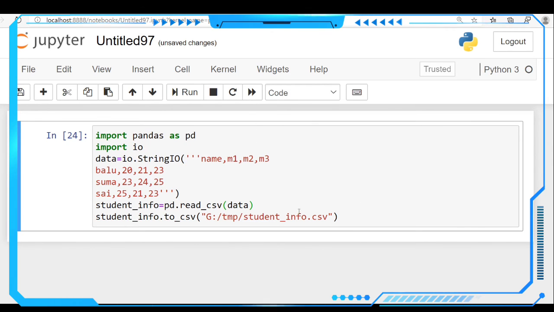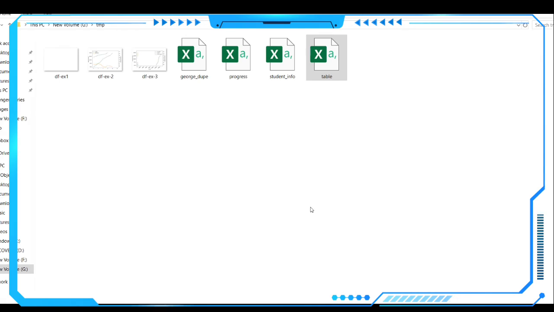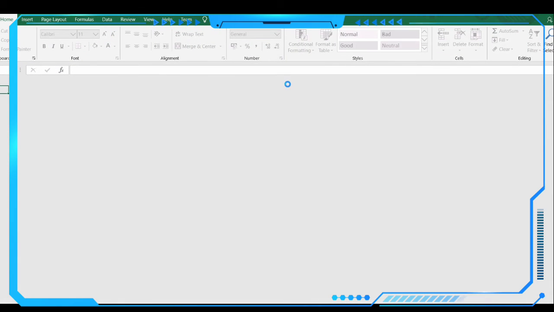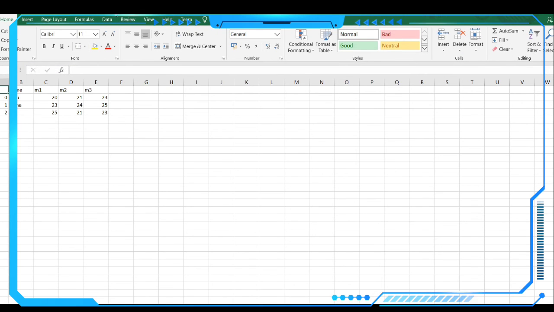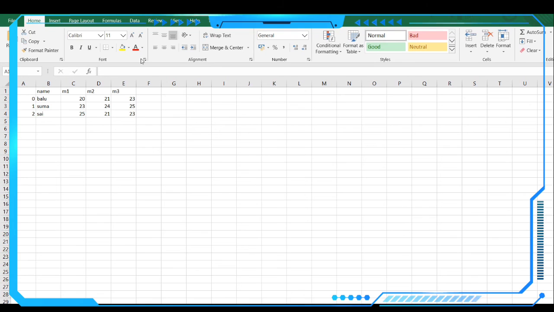See here, no output came. Let us go to the file location and see there. You can see the student info here. If you open this, you get the same data here, like Balu 20, 21, 23, and the columns M1, M2, M3.